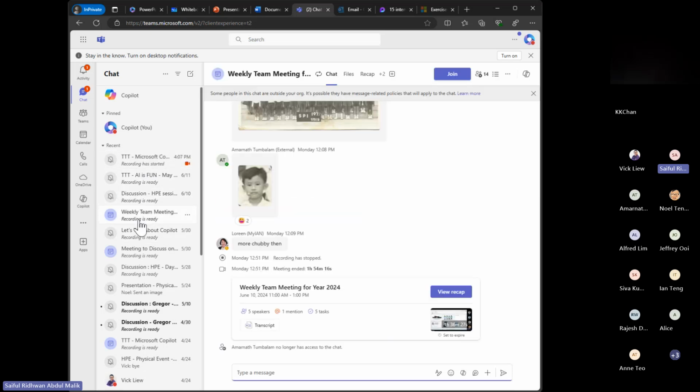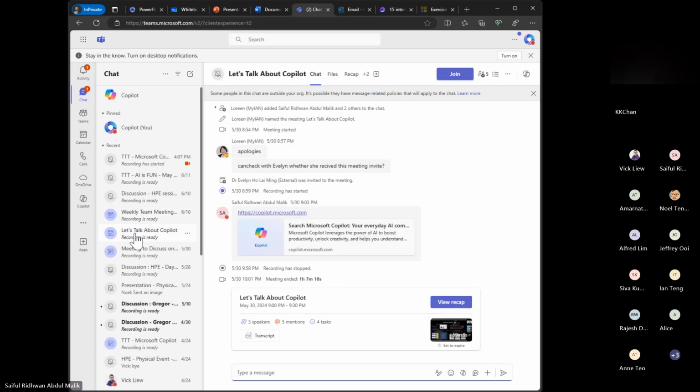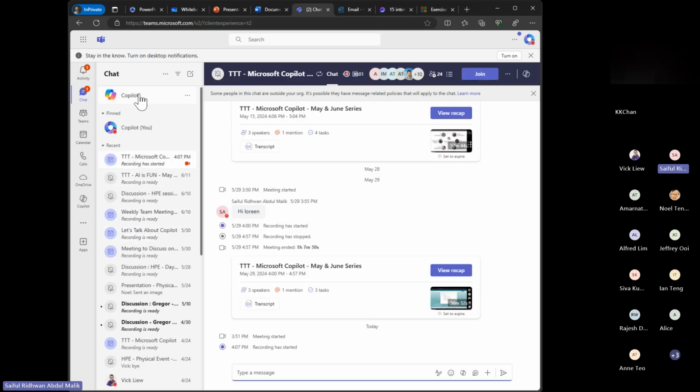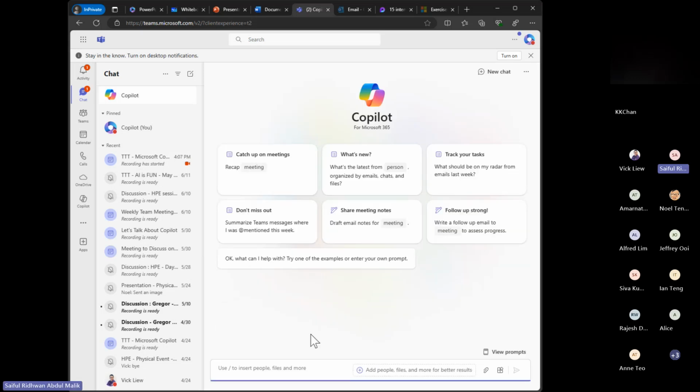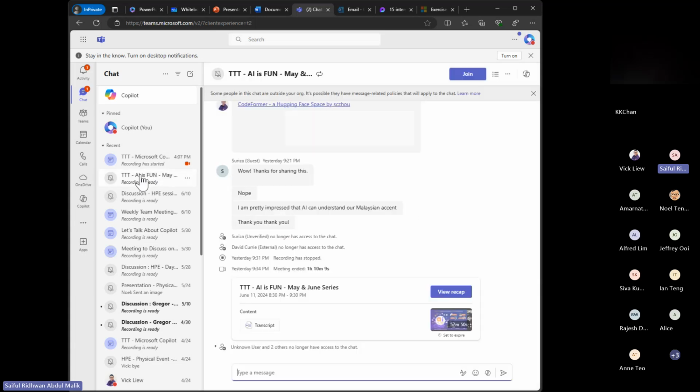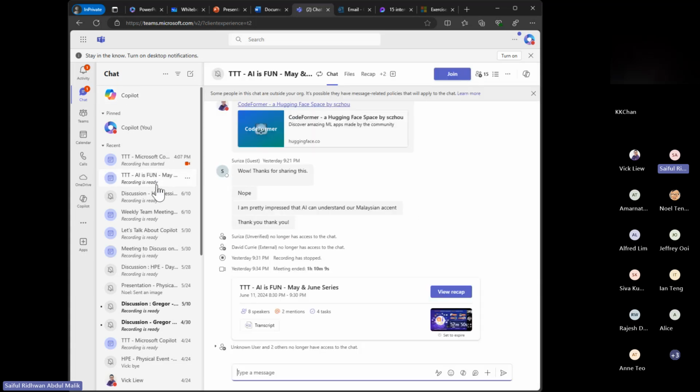That I was invited into, but I don't really have time to join. So you can actually go to the Copilot here. You can ask about all the meetings that I have missed, what the important points and follow-up actions that belong to me are. But let's say you just want to focus on one of the meetings, for example, like this,